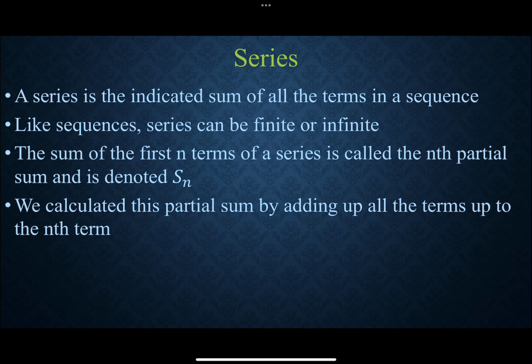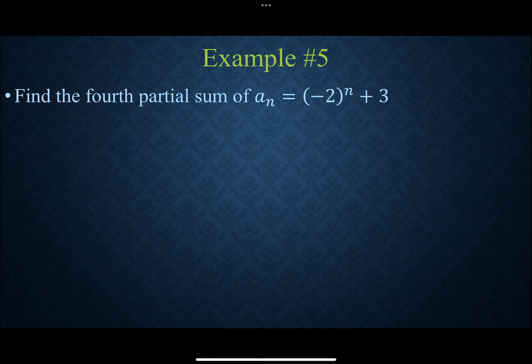We'll typically call that a partial sum, where we're like, okay, so this series, sequence, let's find the sum of the first 10 terms in the sequence. So we make it finite, S_n, so we'd be finding S10 for that situation. So here, if we want to find our fourth partial sum, where a_n equals negative 2 to the nth power plus 3,